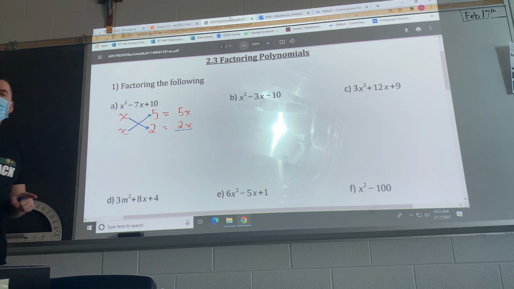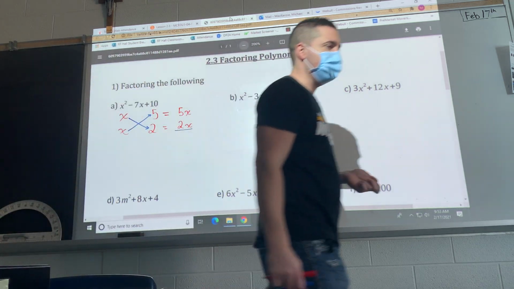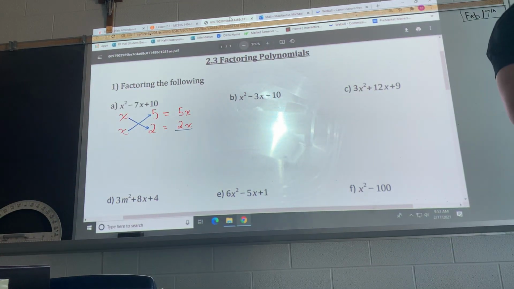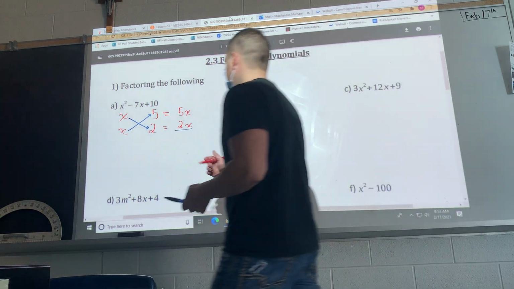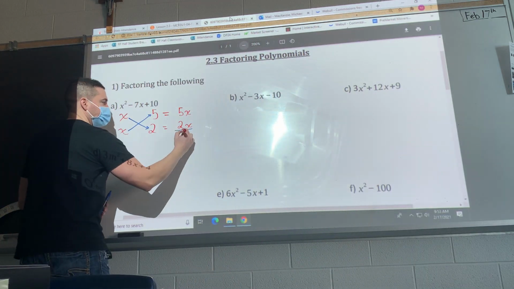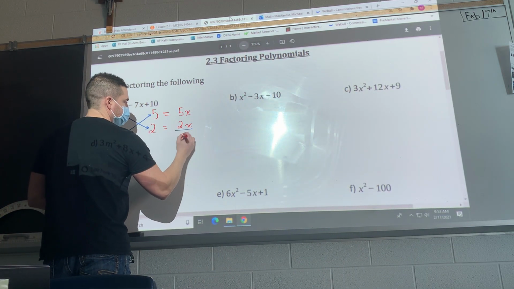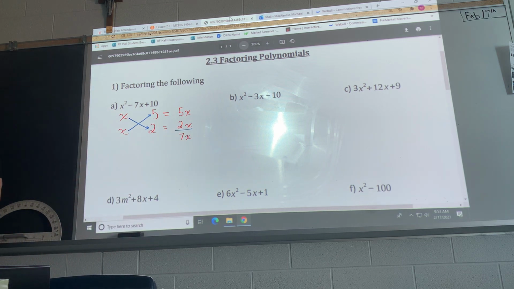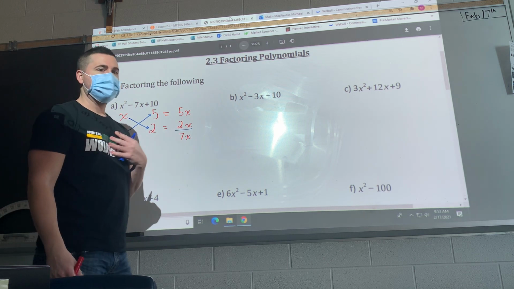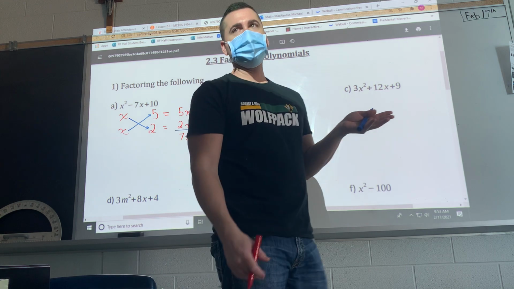So you break them down, you're gonna cross multiply it, and the last step is to add them together. So you add your answers together. So we have 5x and 2x equals 7x. Okay. The reason why I'm showing you this method is because later in the chapter, when we get into chapter